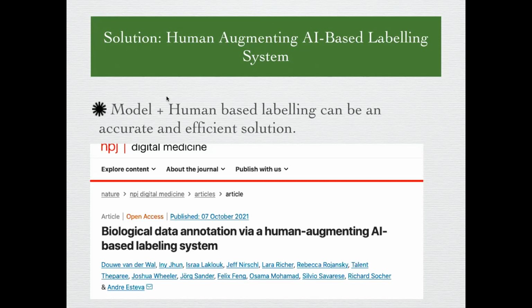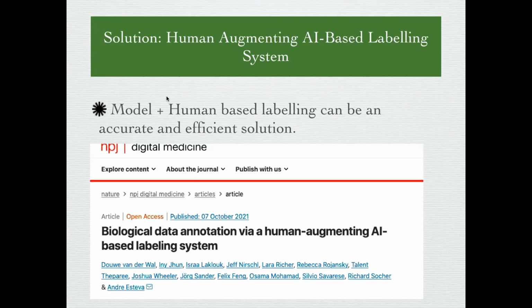So this one is the effort where AI models plus human effort combined can reduce the workload of annotation. And this is a very interesting paper for the image dataset where they have annotated the different cell types from the biological images. So yes, one of the solutions can be a semi-supervised way where AI models can help humans to annotate the